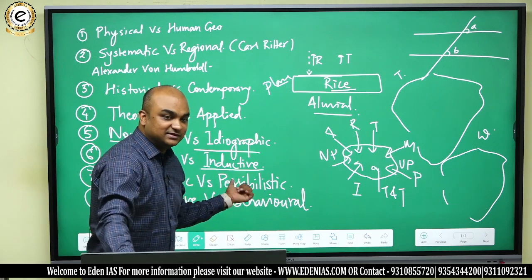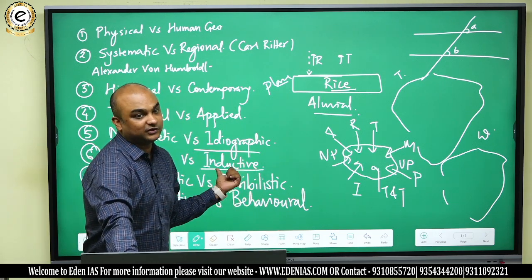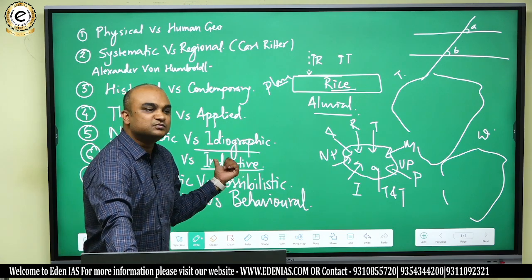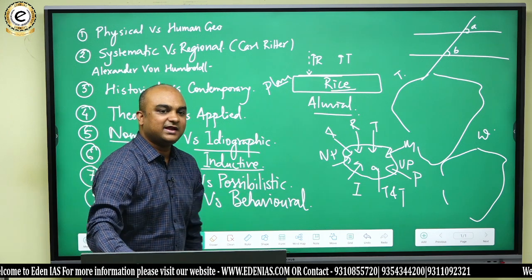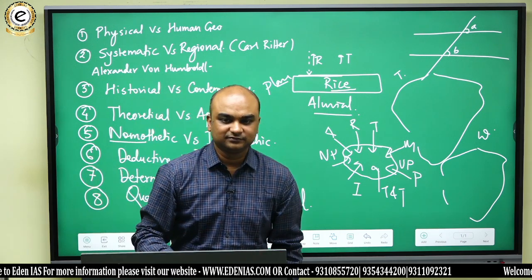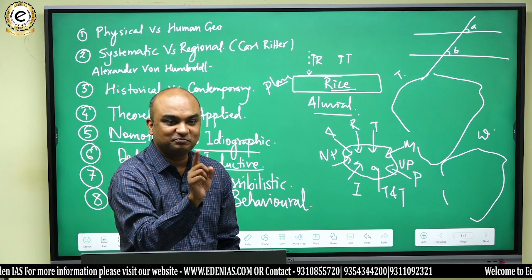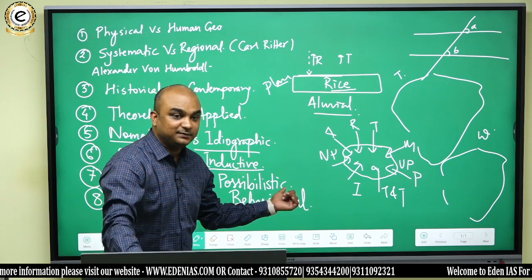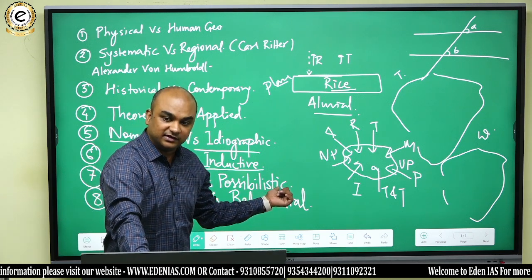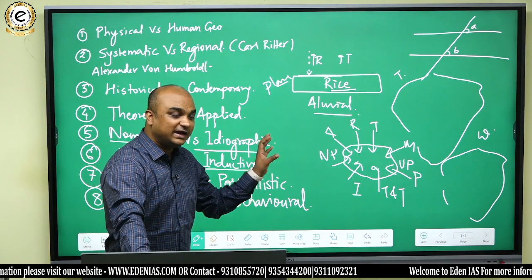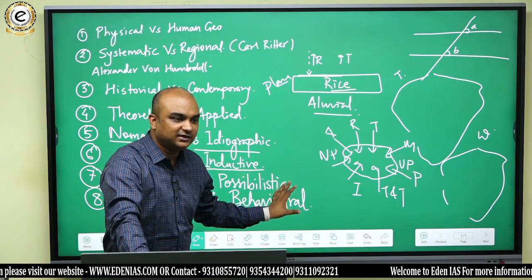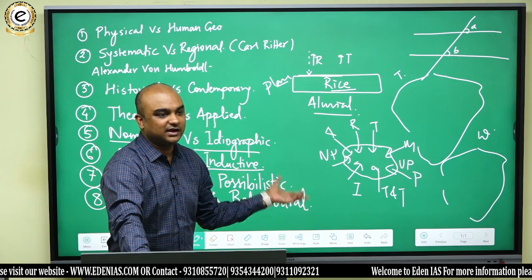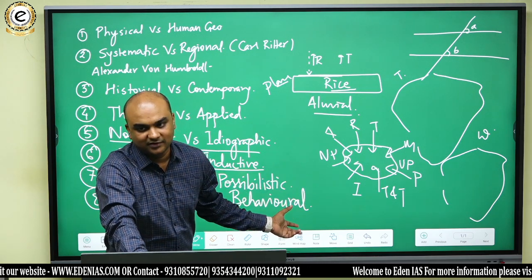Many people were in opposition to this kind of thought. They said that this makes geography like any pure science subject. But geography is not pure science. It's a special science. Remember that? And there is a human element always involved in geographical understanding. And human element means behavioral element. And behavior is unpredictable. And when something is unpredictable, we cannot